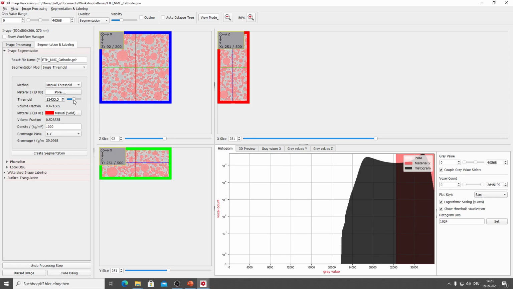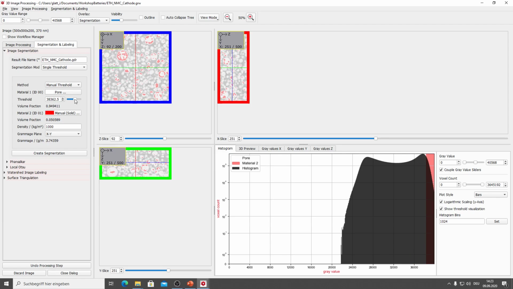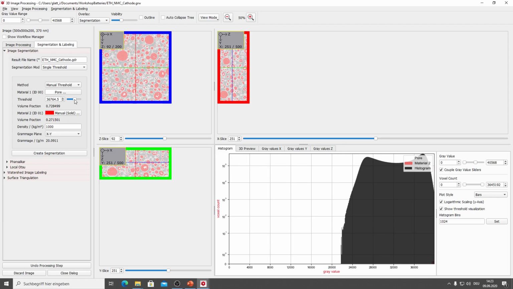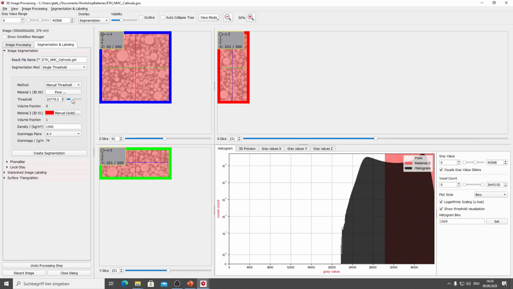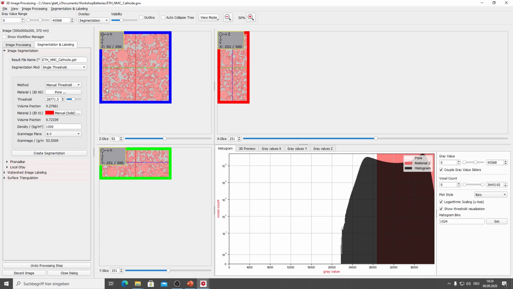Then just play around with the threshold a little bit. You can see that if we go too high, we are left with very little solid material. Here you can see that there are a lot of things that should be solid material, which are at the moment segmented as pore. And if we go to very low values, you can see that a lot of what is pore is actually segmented as solid material right now.